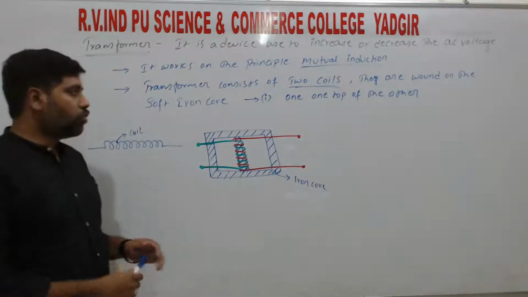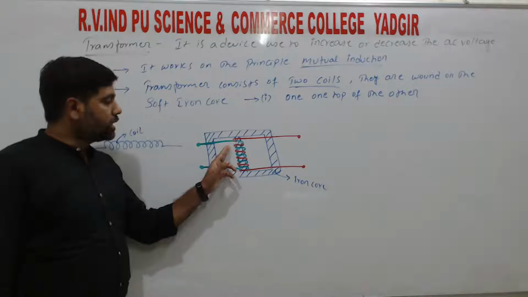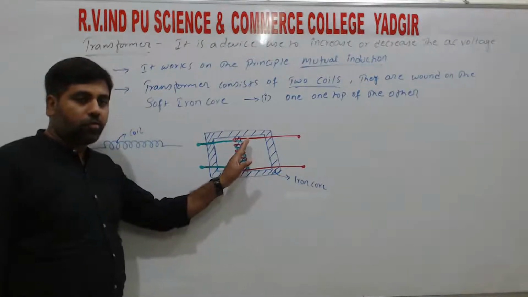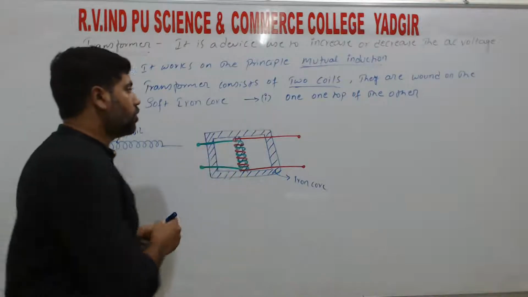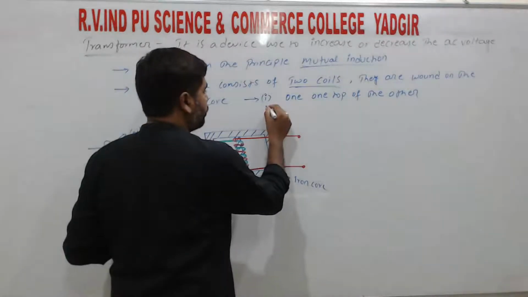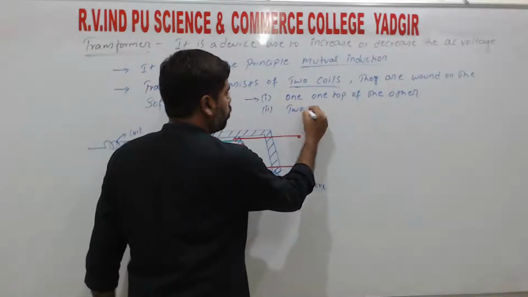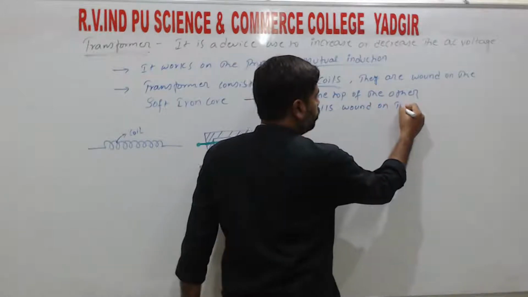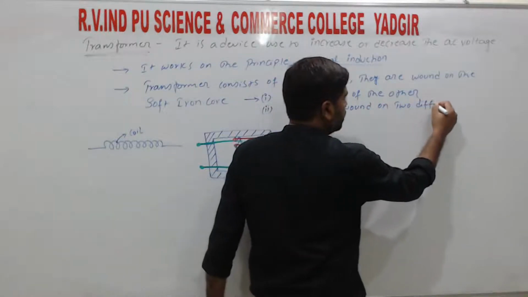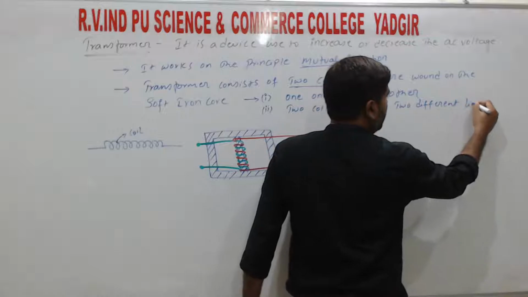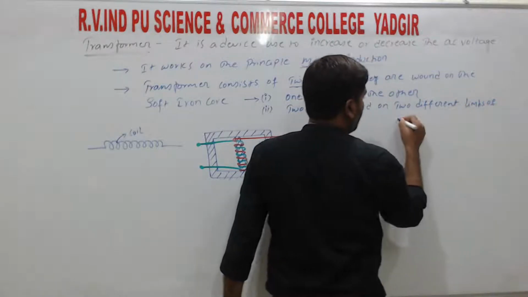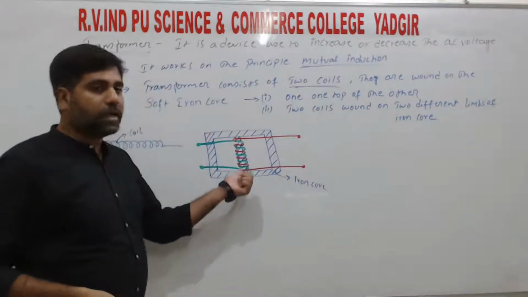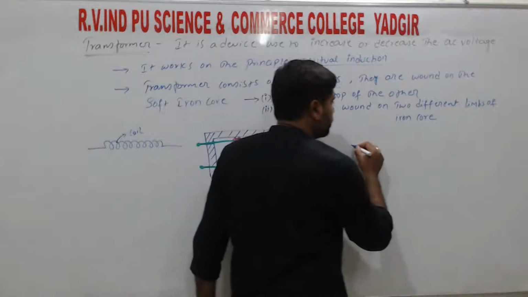So we can wind the coil in two ways. One method is one coil which is wound on top of the other. So we are winding one coil over another. So that is one method. The other method is two coils wound on two different limbs of the iron core. So this we call a single limb. So the other one is,